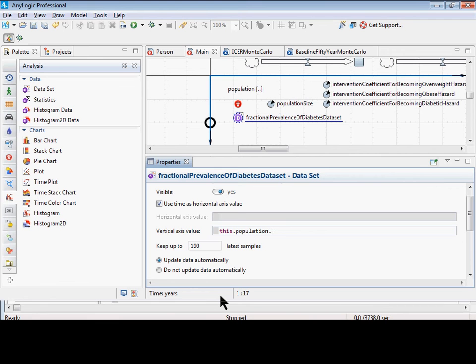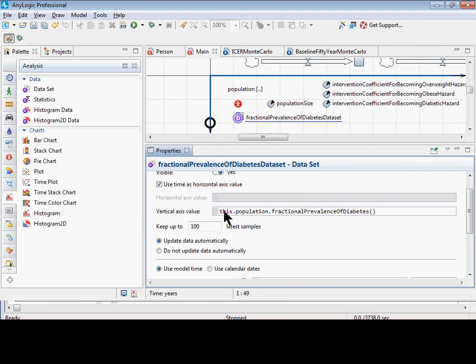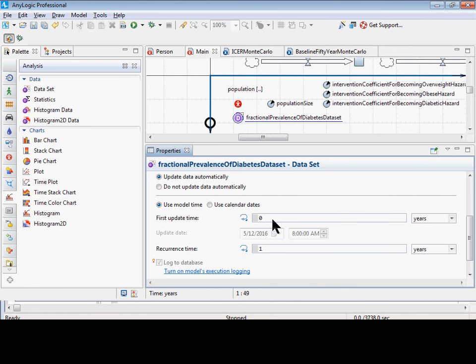For this new data set, we're calling it fractional prevalence of diabetes data set. We put into the vertical axis value this call. This is asking the population to compute this statistic. And we want to do update data automatically. It's going to update every, just look down below, every 1 year. Do you see that? Okay, and now, having done that,